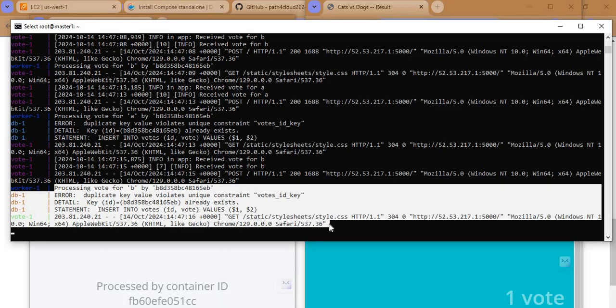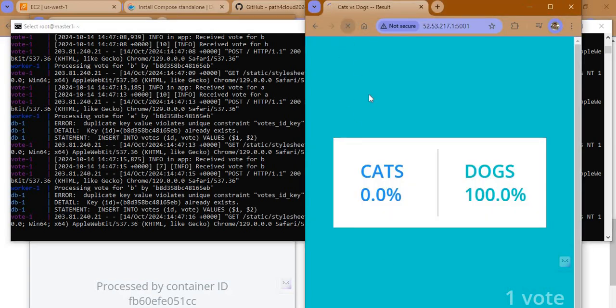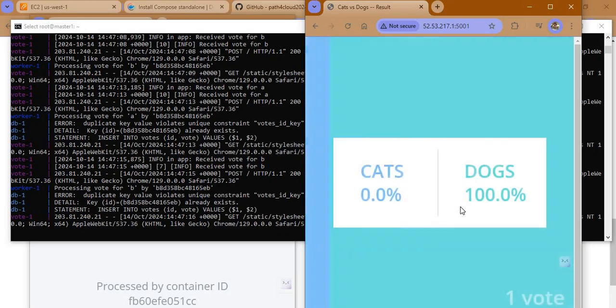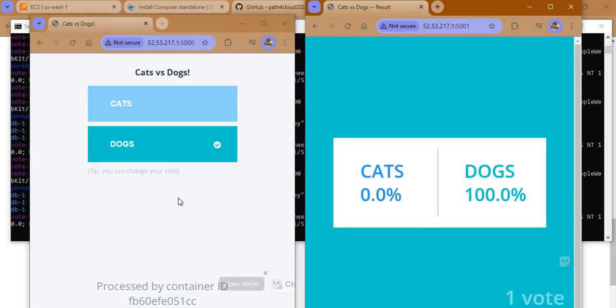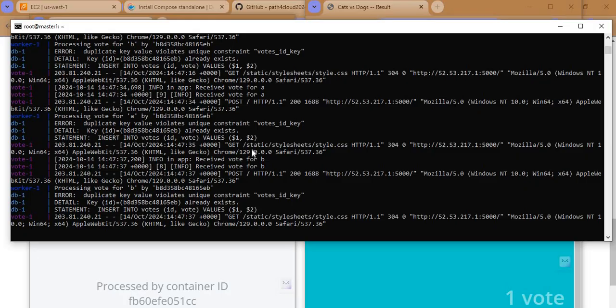You can see whatever you are doing. It is just processing all these logs on 5001 and everything. See, dogs. And if you hit cats again, dogs. So this way we can take leverage of our containerized application,